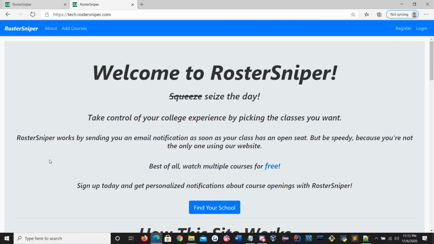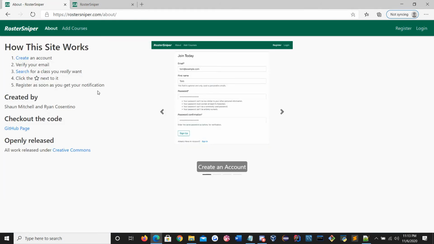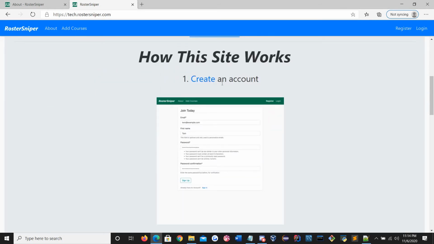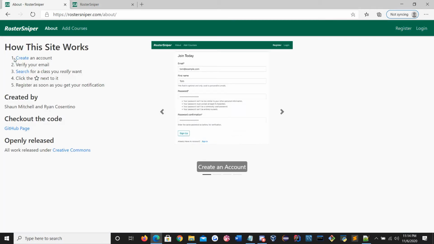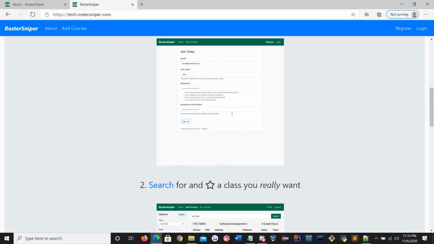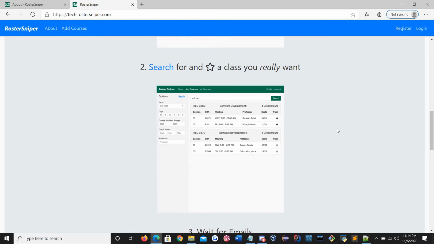Now going back to here, the things on the About page, the how the site works and these images, we felt that a user should know how things work and how to work the site as soon as they enter the site. So we moved that to the home page right here, and with each instruction we have an image. Instead of having a list of instructions here and then a bunch of images on the side, we have individual instructions and individual images with each instruction,